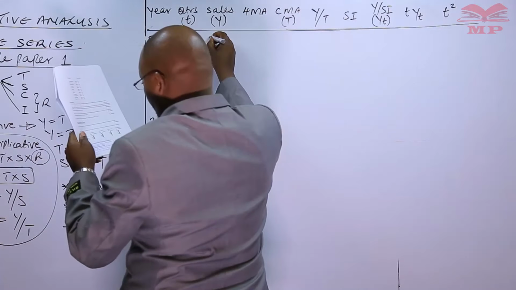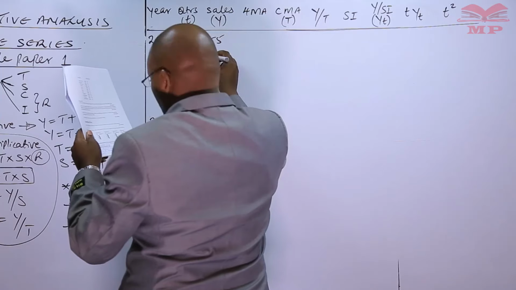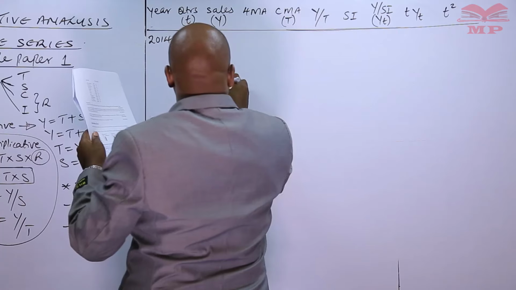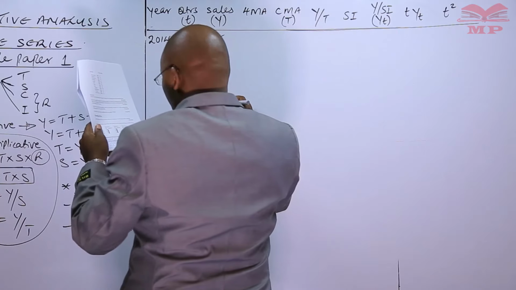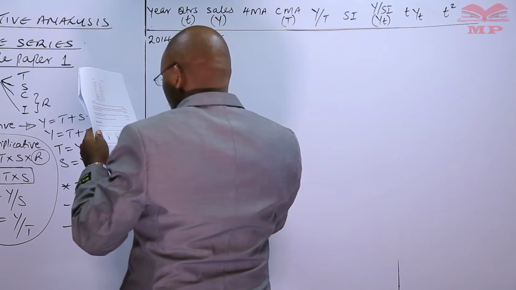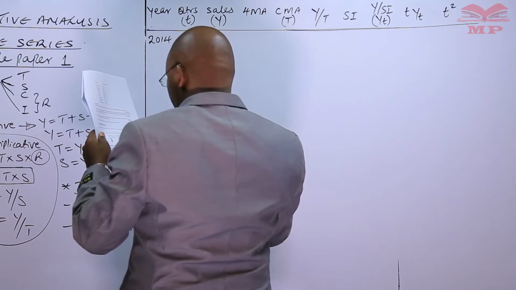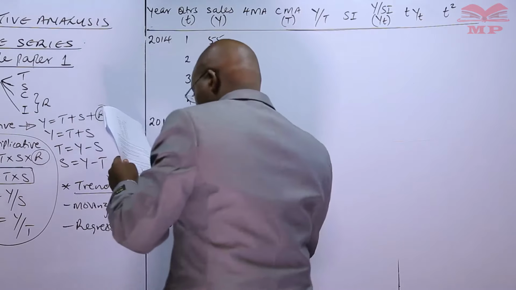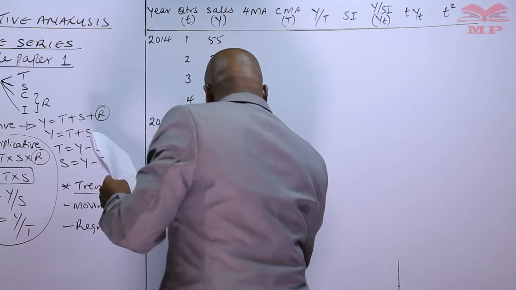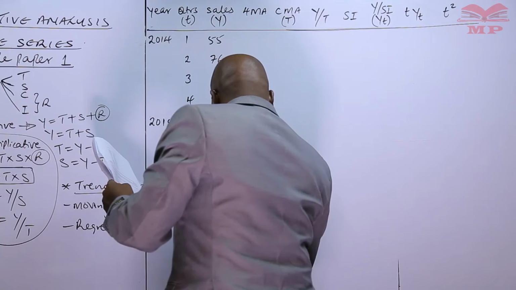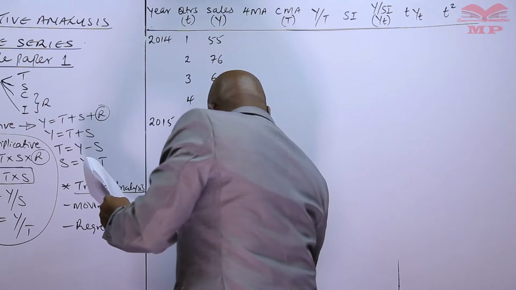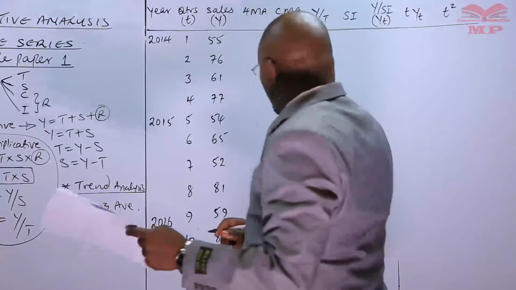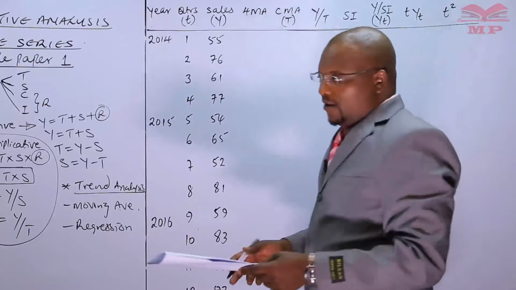we have 55, 76, 61, 77, 54, 65, 52, 81, 59, 83, 78, 93. So that is our data. Now,